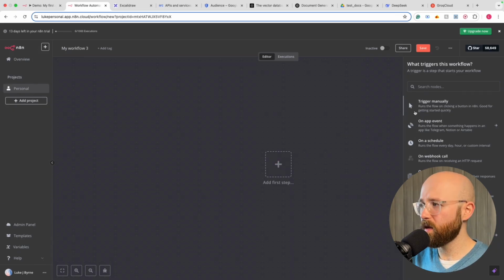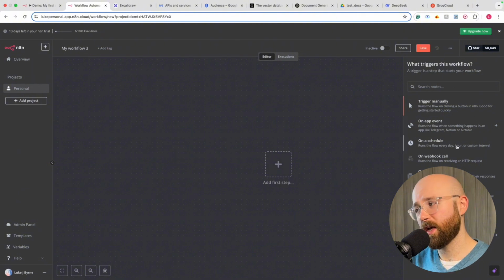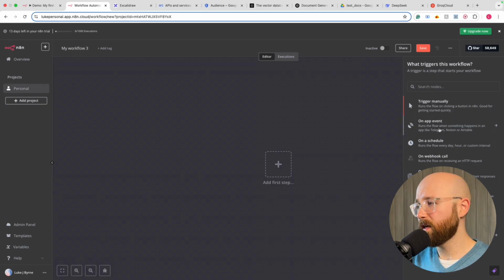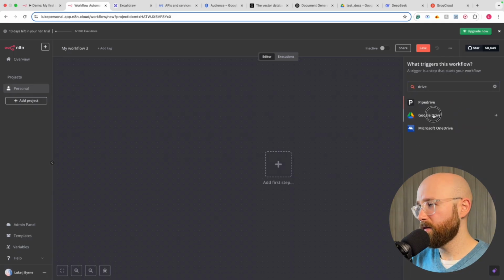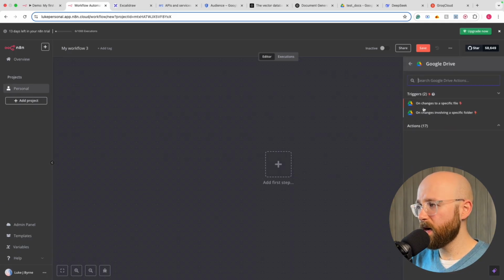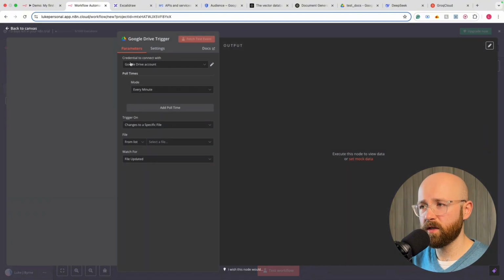So we can have a bunch here. We can trigger it manually, on an app event, on a schedule, webhooks, forms, and so on, chat. But today we're going to use Drive. So if we search nodes, Drive, Google Drive, we have this here: on changes to a specific file, on changes involving a specific folder. So if we do on changes to a specific file first,